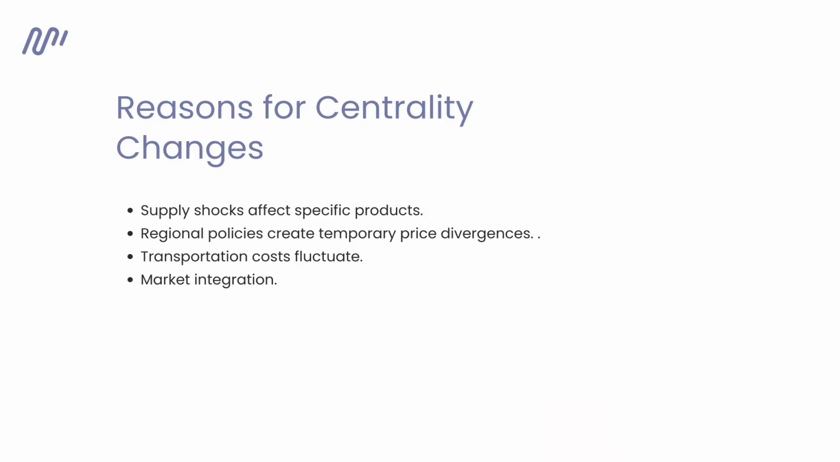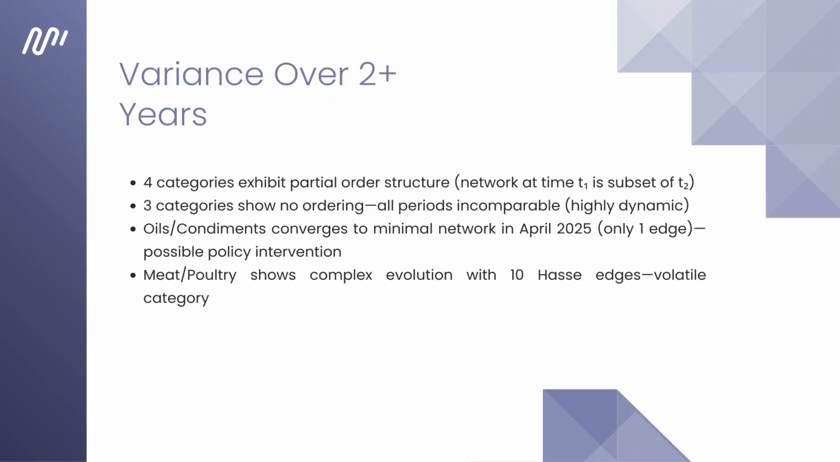Centrality scores change because supply shocks affect specific products like seasonal fruits. Regional policies create temporary price divergence. Transportation costs fluctuate and market integration varies by category. Temporal analysis using Hasse diagrams shows